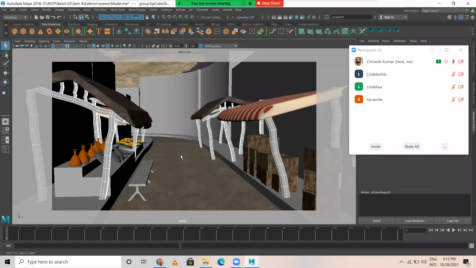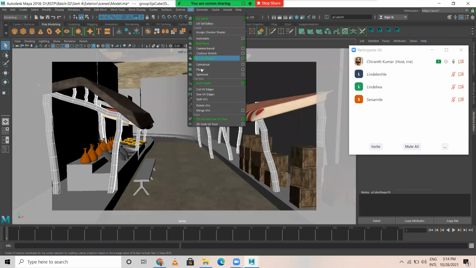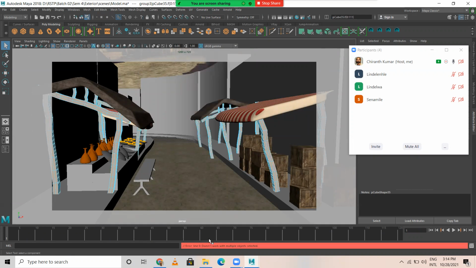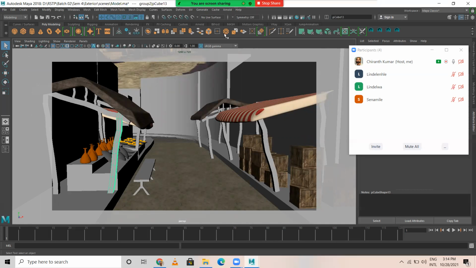So I'm selecting these logs and applying automatic mapping. What is it? It doesn't work with multiple objects selected. What happened? It should. I'm selecting this UV.